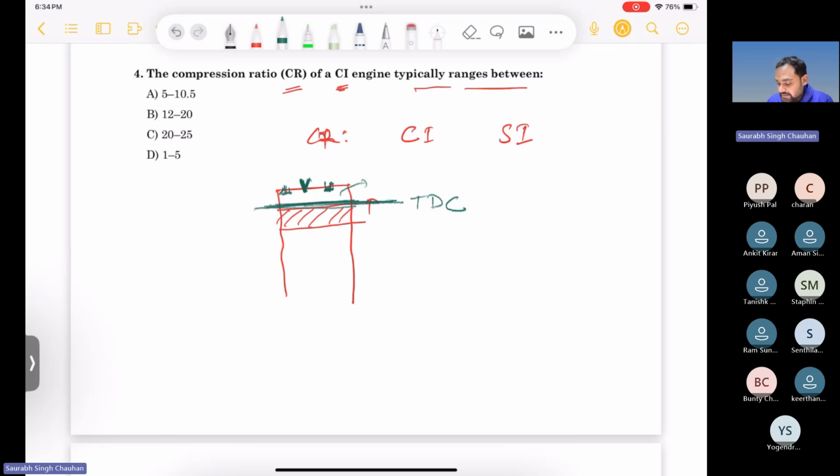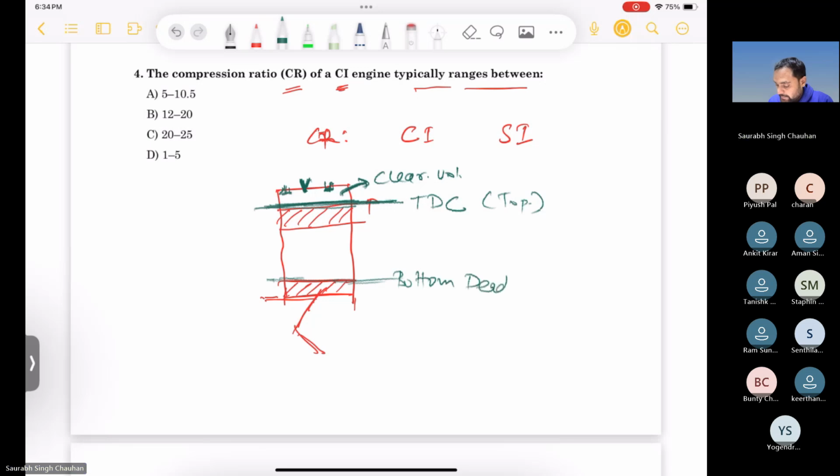So this is called top dead center, TDC. When you have reached the top dead center, there is some volume left. This volume is called clearance volume, okay. And when the piston is at its minimum position at the bottom, now it cannot go down further. So this is another limit, okay. This is called bottom dead center,